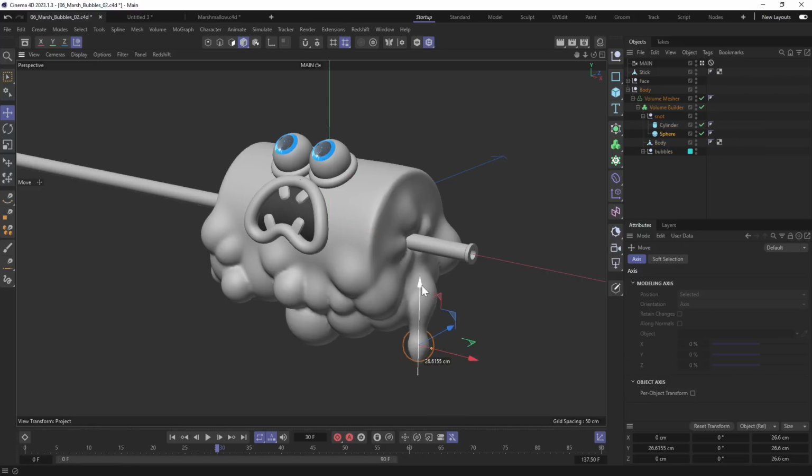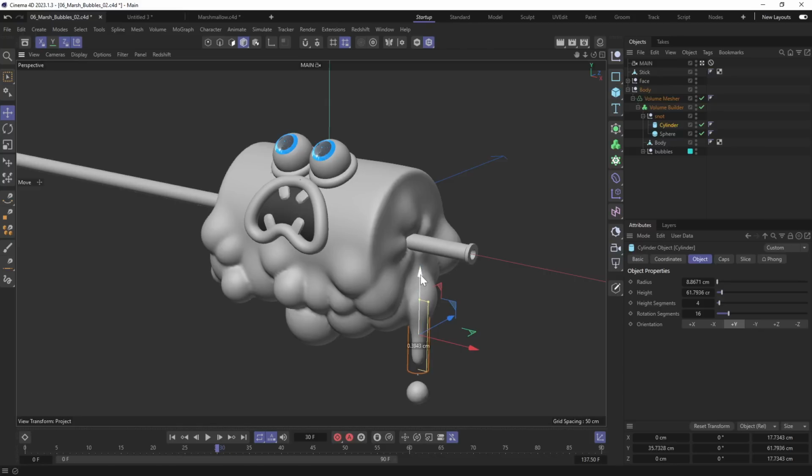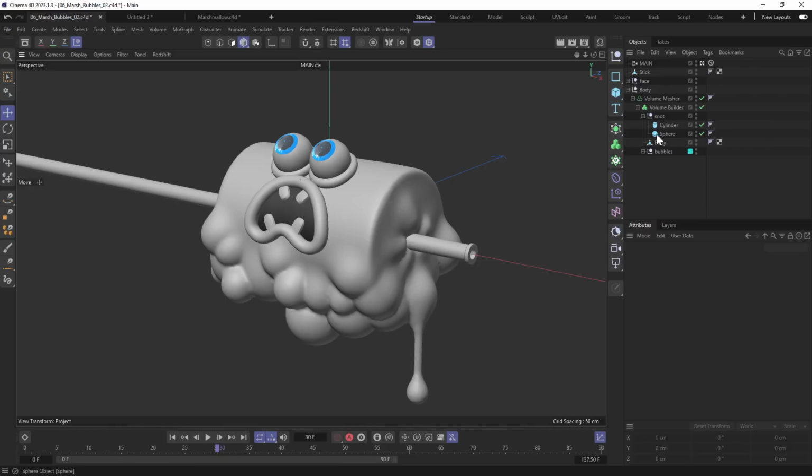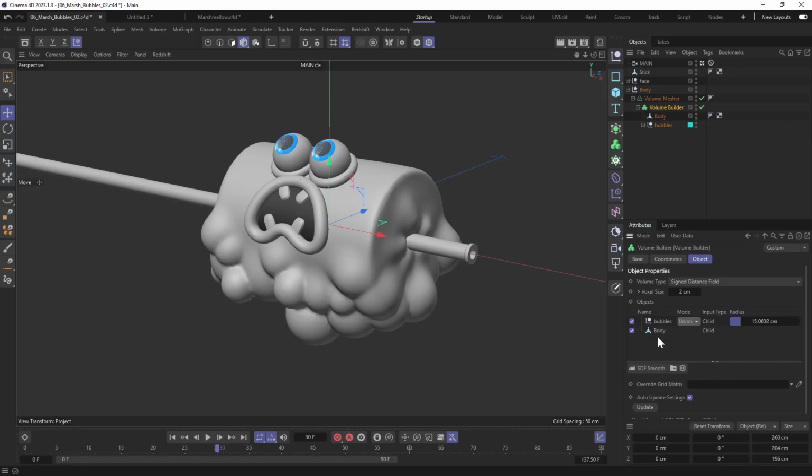I want to make a setup that will allow us to move the sphere down like this and adjust the cylinder automatically. I want it to get thinner as it lengthens. And also, it would be awesome to make it bend. Now I'll remove what I made, and it will be much more convenient to create this setup in new project.